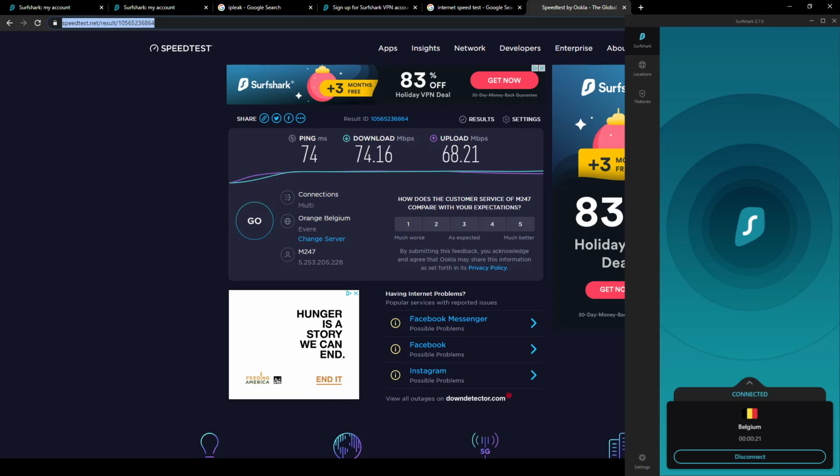If I'm using it at nighttime, it's faster than when I'm using it in daytime. So the first advantage, in my opinion, of Surfshark VPN is speed, because my internet speed when I'm using Surfshark VPN